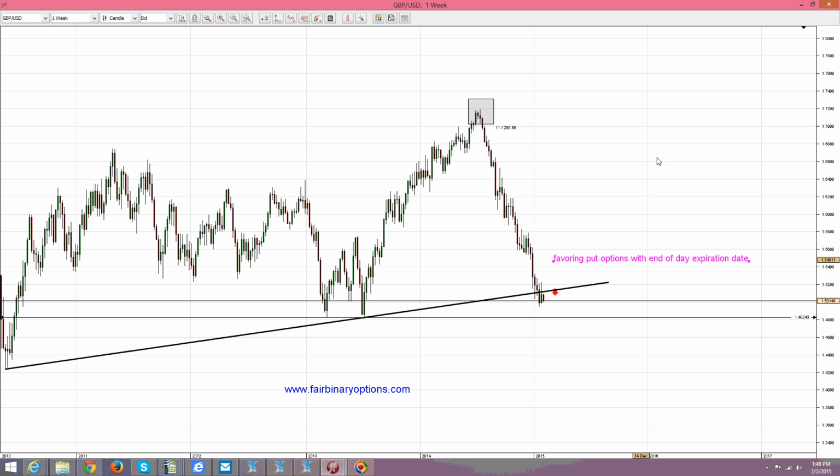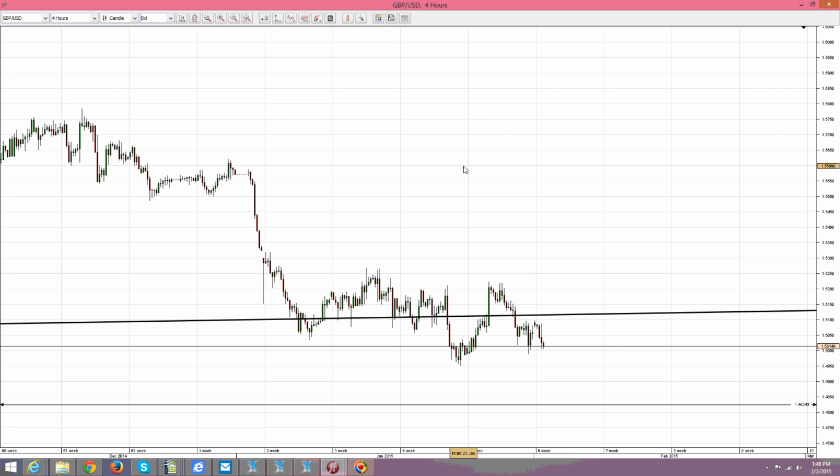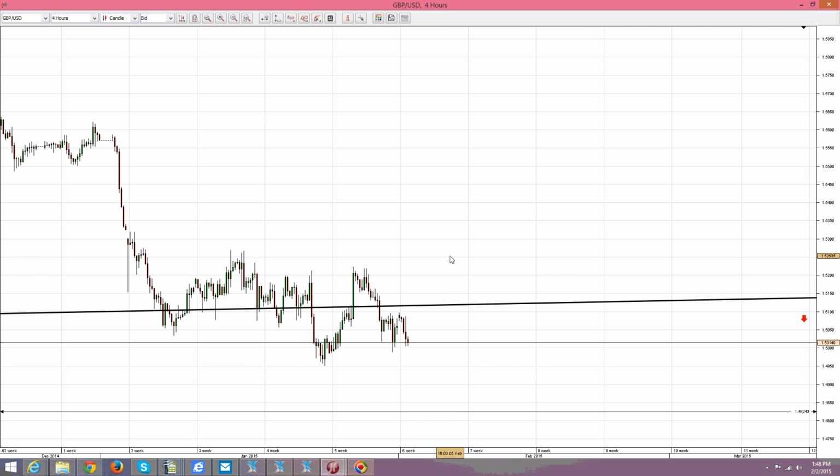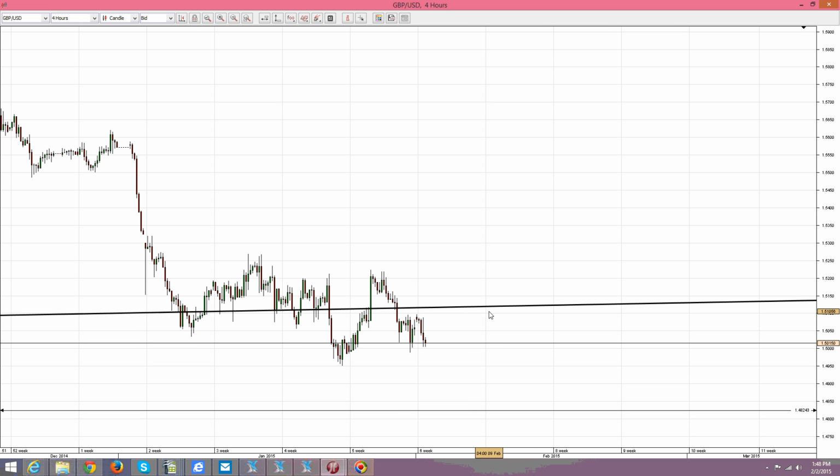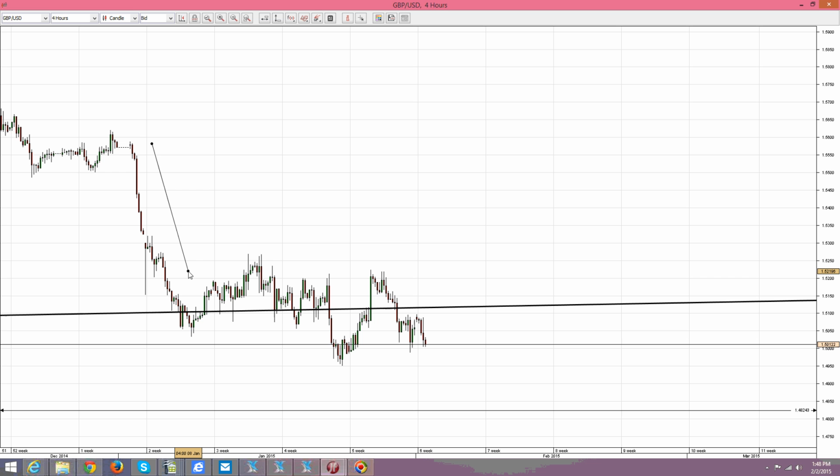Well, I'm still favoring put options, but I would like to zoom in here and try to identify what pattern is forming. If you look at this formation here, I would say it's nothing but a contracting triangle. This contracting triangle comes from the upside, so we have a move to the downside here, and then it is forming A, B, takes the lows here, so A, B, C, D, E, and then it should break